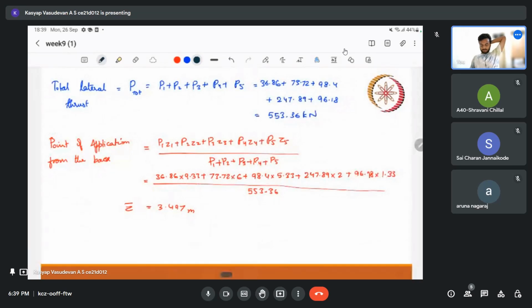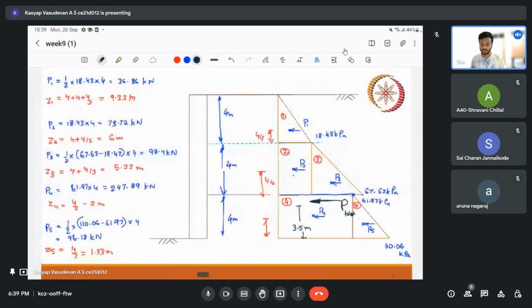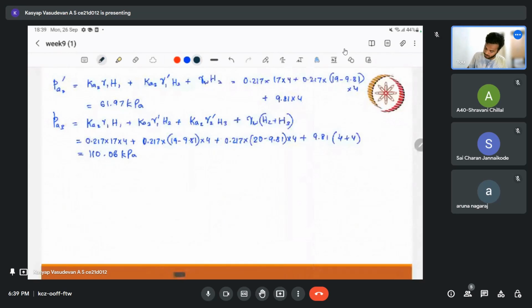So that is the idea. So we know the point of application. So why do we need these things? Why are we calculating this earth pressure? It is because when we want to design this retaining wall, we need to know what is the pressure acting on it. So whatever the profile is, whatever complex the profile is, we want to know the total pressure loads acting,